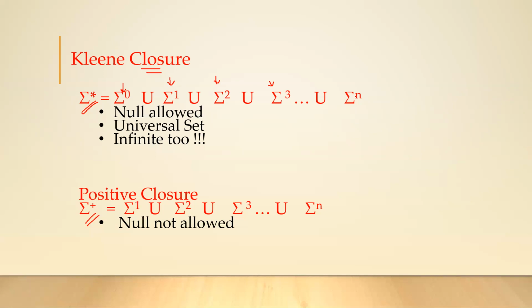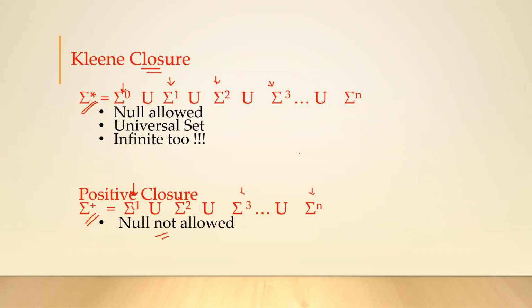It will be an infinite set. Now, positive closure means you will not permit the null set. You don't permit the null set. Instead, it is also a universal set again, but smaller than your Kleene closure. It will consist of all the strings with length 1, with length 2, with length 3, etc., up till